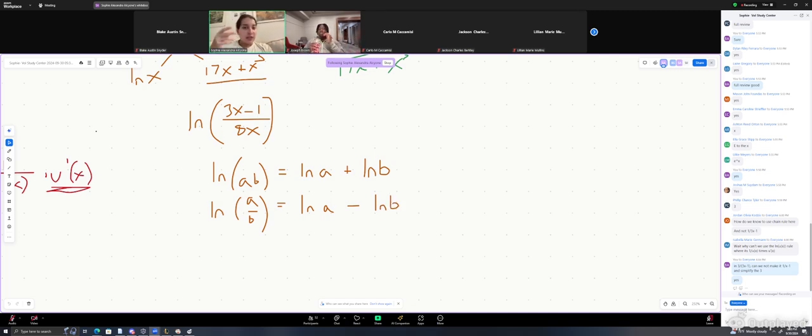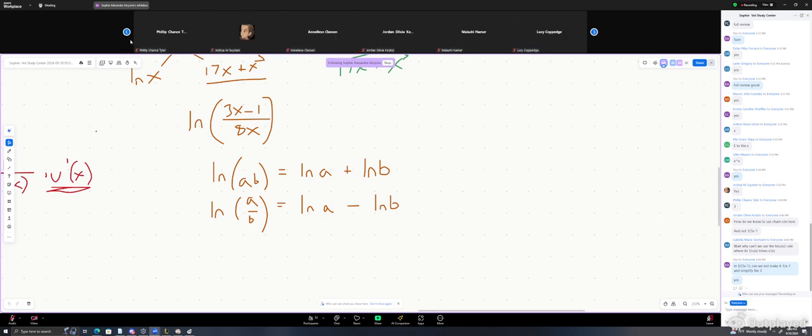Now, just to clarify, these two rules are not derivative rules. They're just rules for reformatting or rewriting things. So not derivative rules. But let's see, how can we leverage one of those to make our life easier when